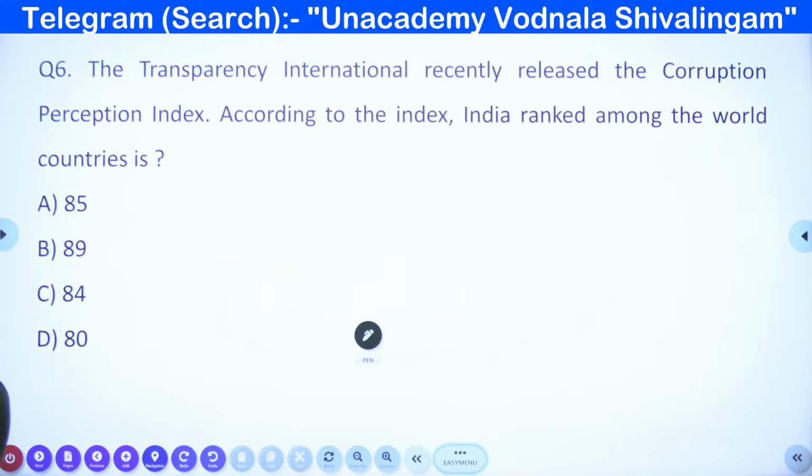The Transparency International recently released the Corruption Perception Index. According to this index, India ranked